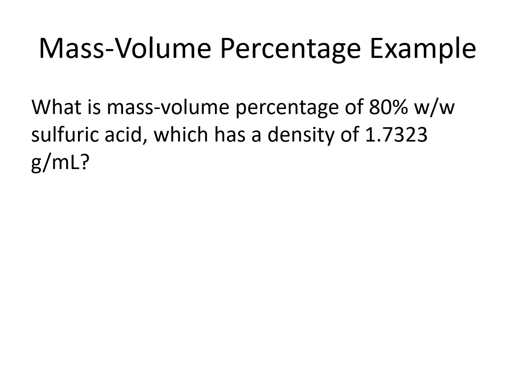So in this example, we're trying to convert from the mass percent into mass volume percent. And we're given the density of the sulfuric acid solution as 1.7323 grams per milliliter, and our mass percent is 80%. So we can just plug in our values, our 1.7323 grams per milliliter for our density, the 80% for our mass percentage, and that tells us our mass volume percentage is